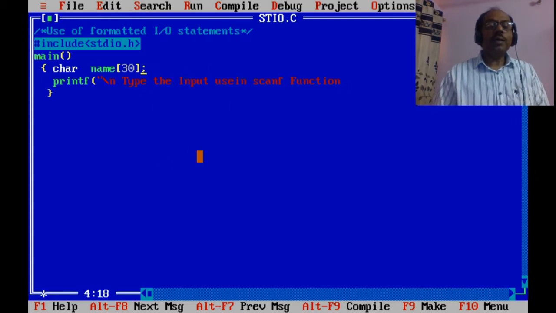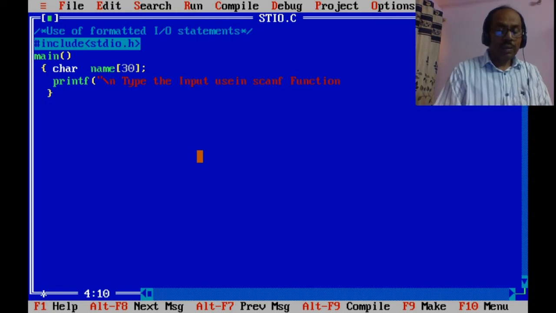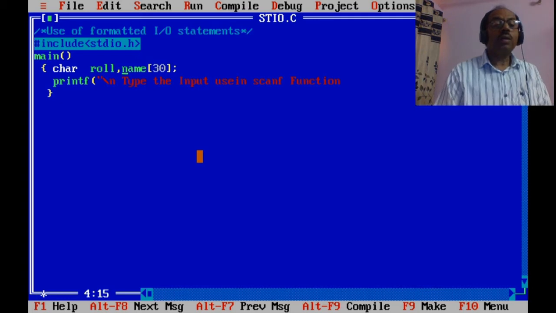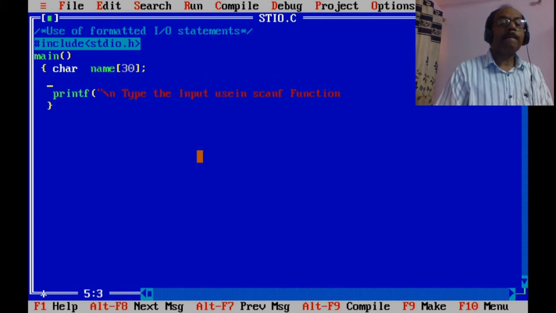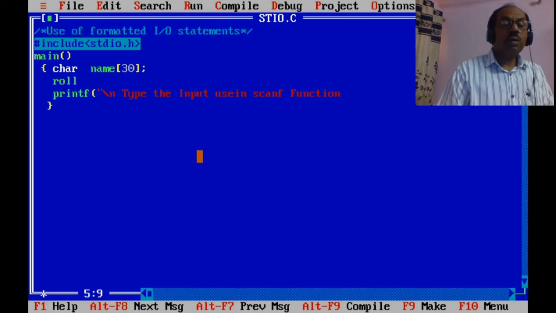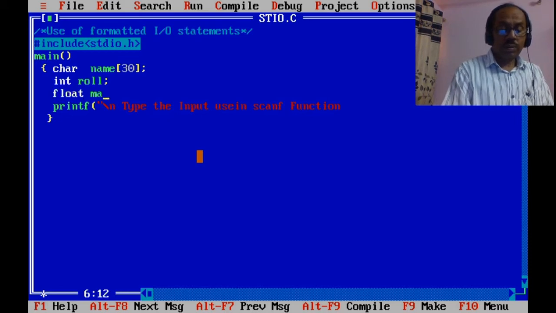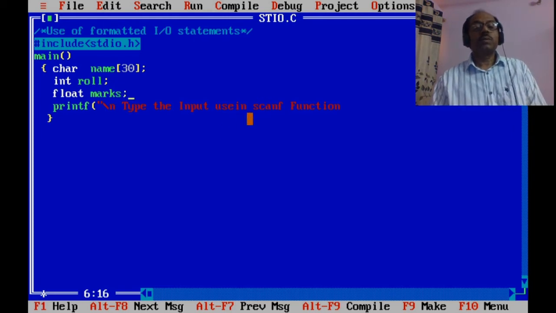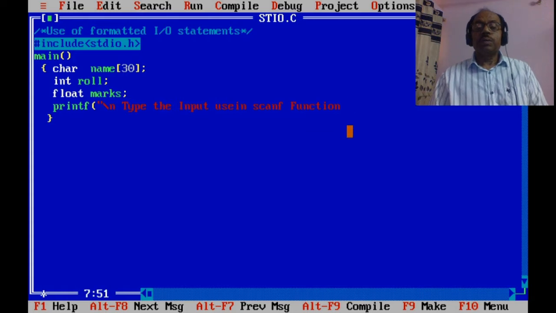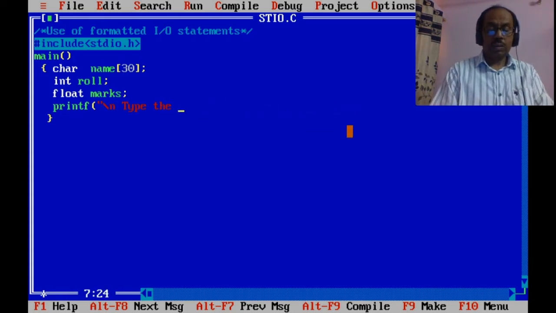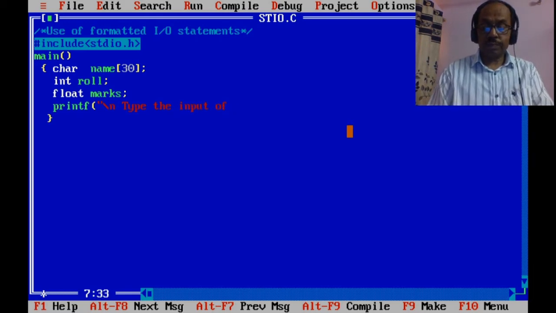We may use here name, int roll, float marks. Type the input detail of student.